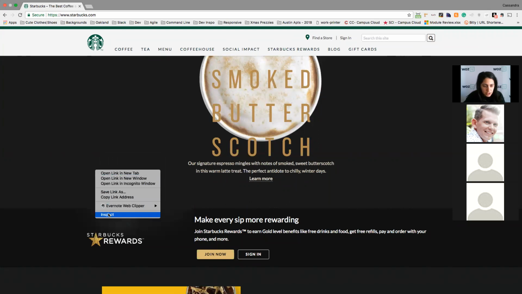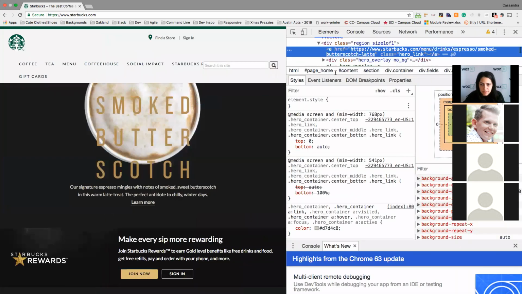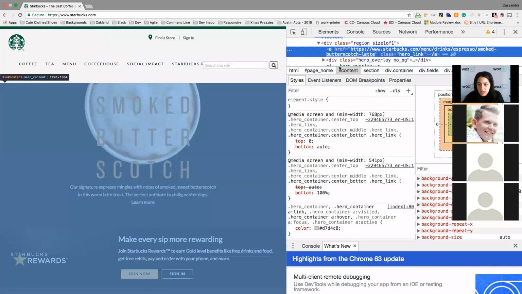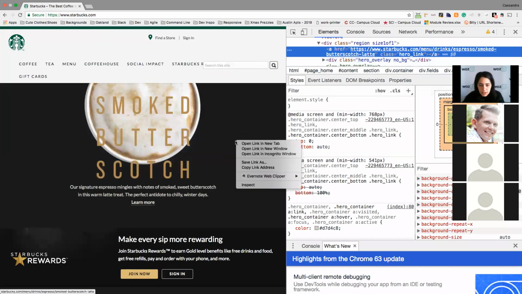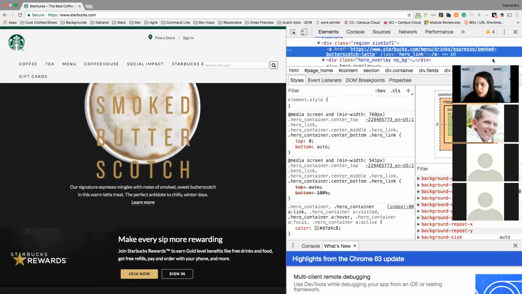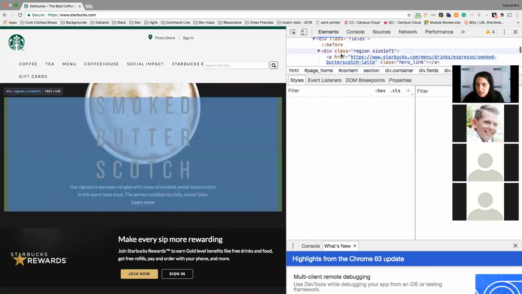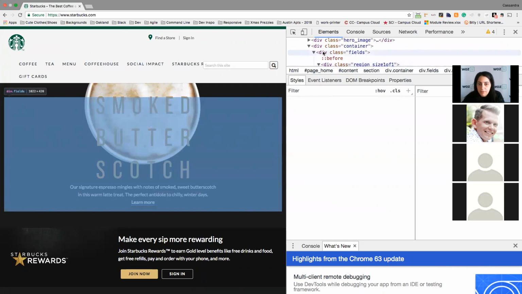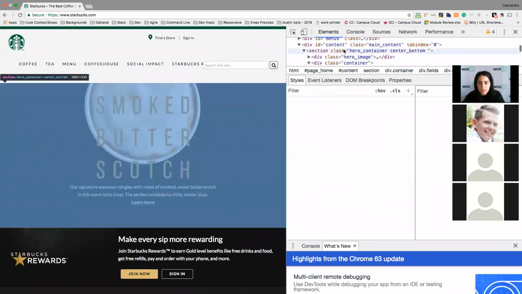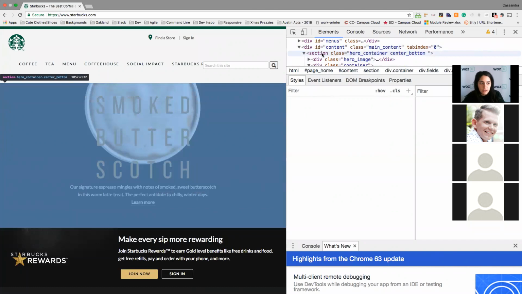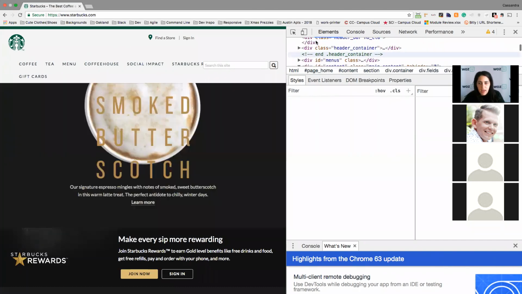So if we were to inspect, oh, it doesn't give me page source yet. Div. See, we have these different divs right here. And if you highlight the code, it actually highlights the div in the browser. Correct. So you can see, and here's the section, and there's the div, and things of that nature.